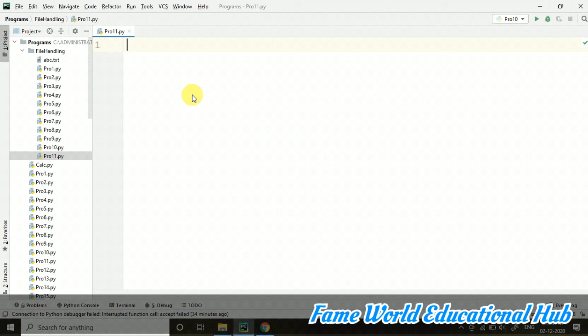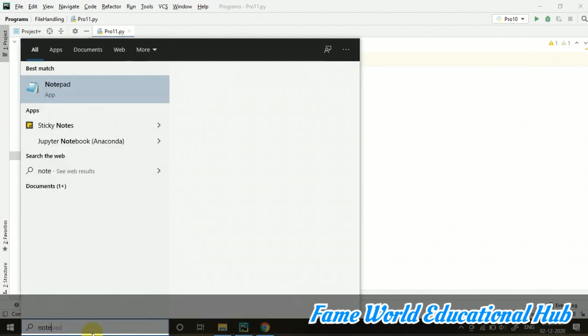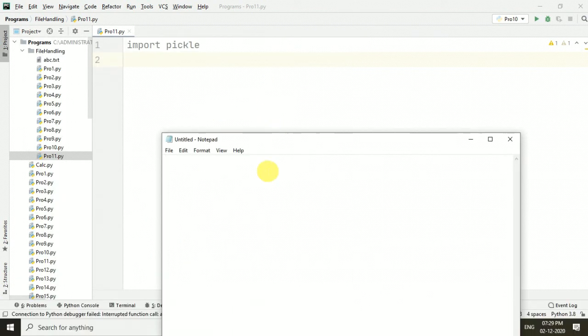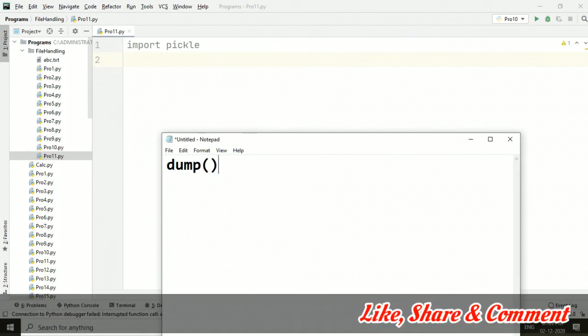Now there are multiple methods to do that. First of all I am going to start with the pickle module. Pickle is basically an inbuilt module and we do not have to install it. Suppose I have imported this pickle module. This is used to work with binary files because there are two important functions, dump and load.